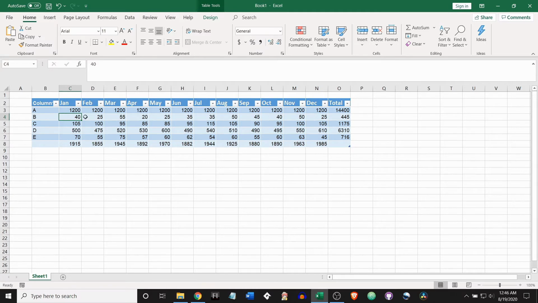Maybe you don't want that. It kind of breaks up the visual quality of your table a little bit. So you want to remove those, but you want to keep the color. So the way that you can do that is, when I click down here, look at the